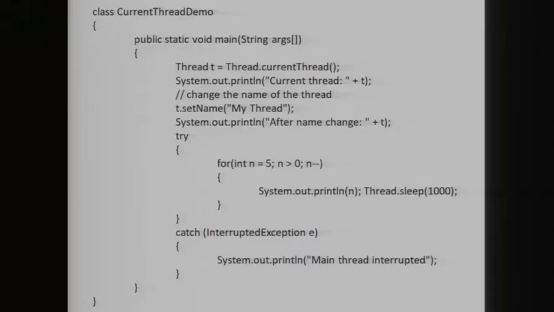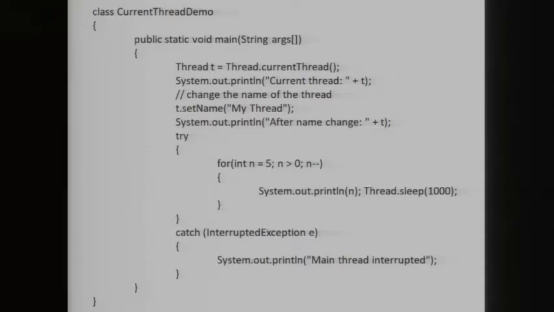So here is an example. In this program, a reference to the current thread, the main thread in this case, is obtained by calling currentThread, and this reference is stored in a local variable.